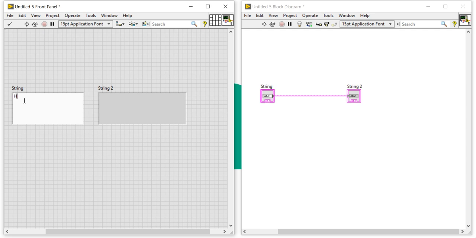We put those characters together to create meaningful information. Here I am writing, hey, I am Nitesh Pradhan. I am using LabVIEW for the last 9 years. I have written this information.